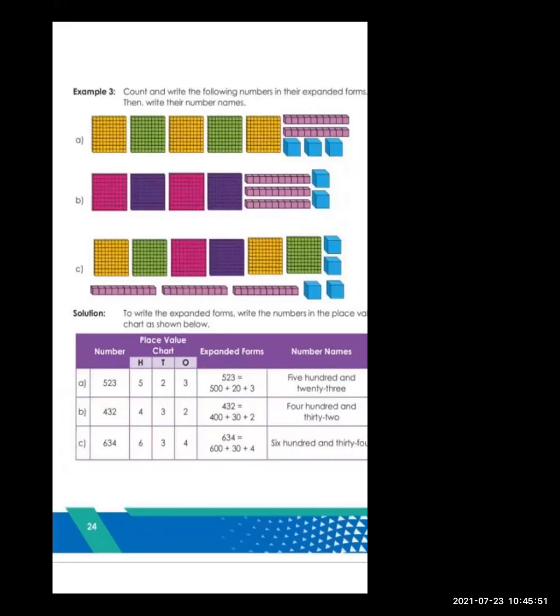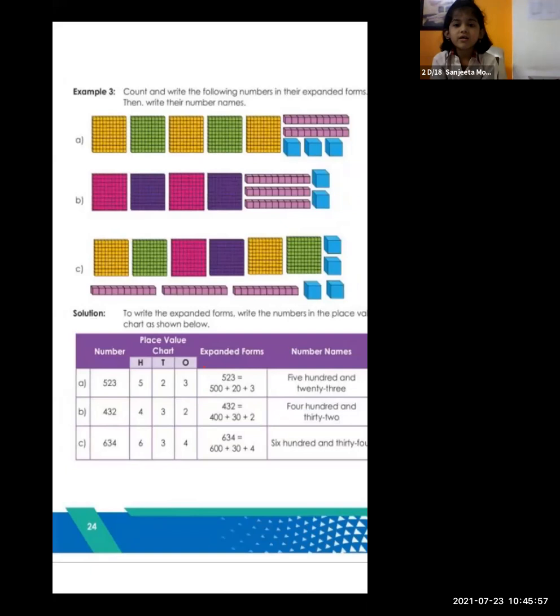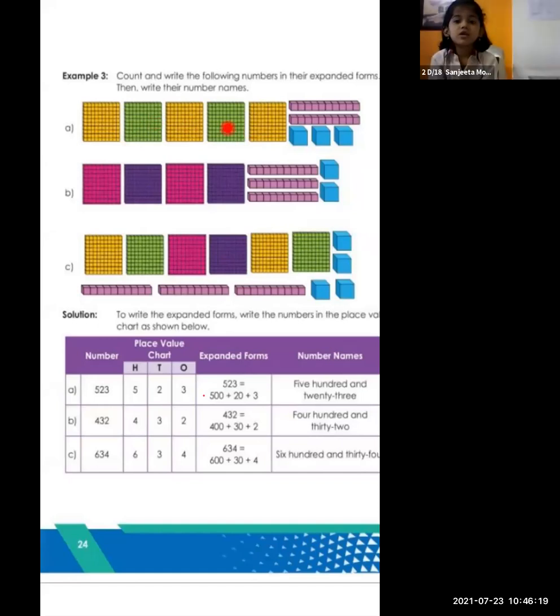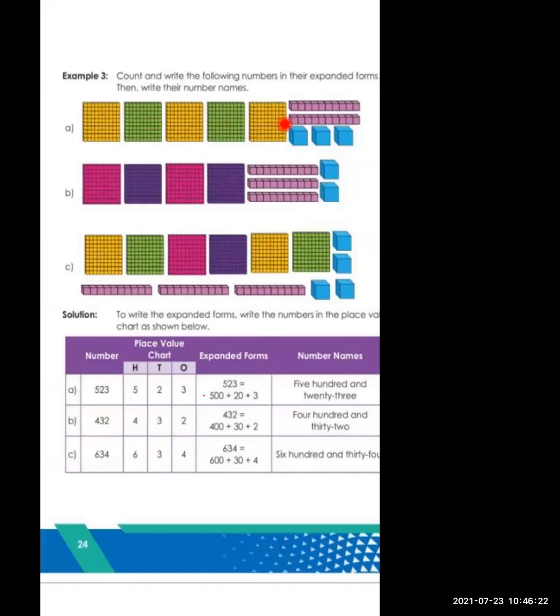Sanjita, I unmute you. Yes, teacher. Okay, Sanjita. I show you the hundreds over here. These are the 100, the square boxes are there. These are the hundreds. So just count and tell me how many hundreds are there. कितने hundreds हैं वो? देखो 1, 2, 3, 4. There are 500. So 5 hundreds are there. Correct.